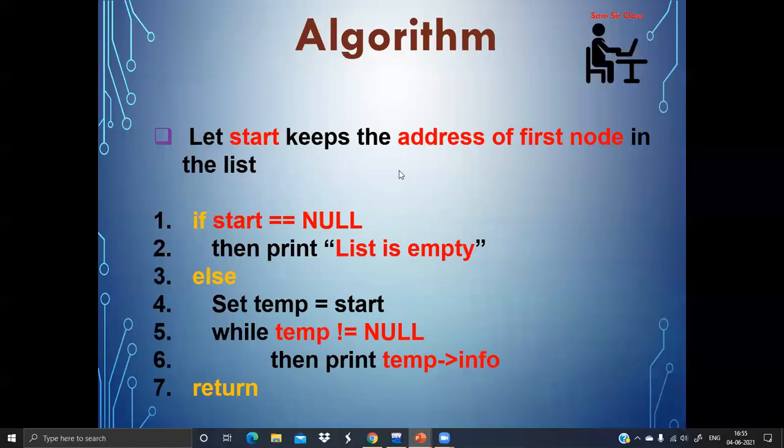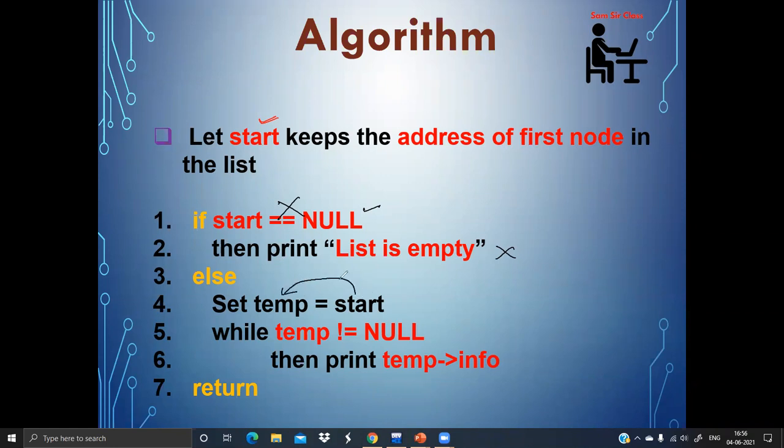So in the next video we'll see how the operations of single linked list can be done. Okay, now let us discuss the same thing we have discussed through the algorithm. We are assuming that start is keeping the address of the first node in the list, but to be on the safe side we are checking that if start equal to null, meaning the list is empty, you are not allowed to traverse the list. But if the condition is false, meaning the list contains some value, you assign the value of start to temp.